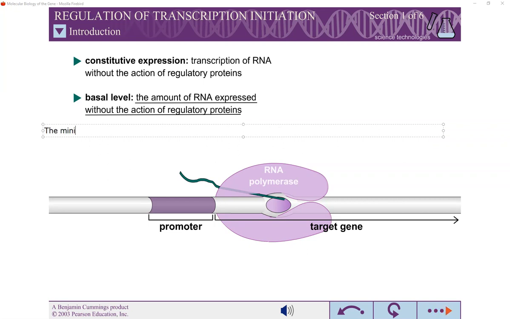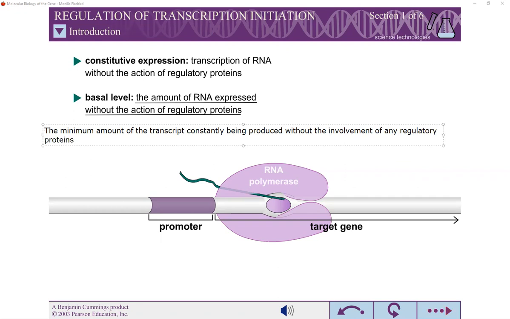The minimum amount of the transcript constantly being produced without the involvement of any regulatory protein such as